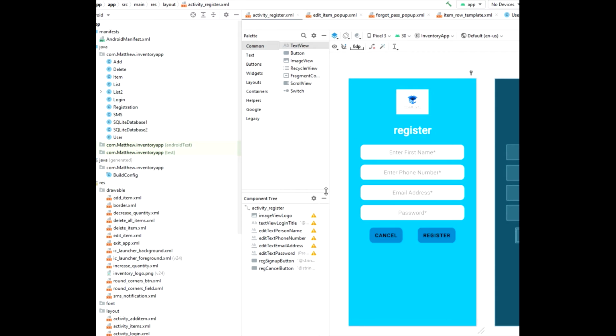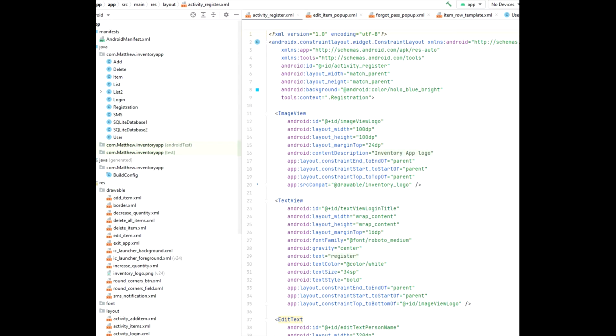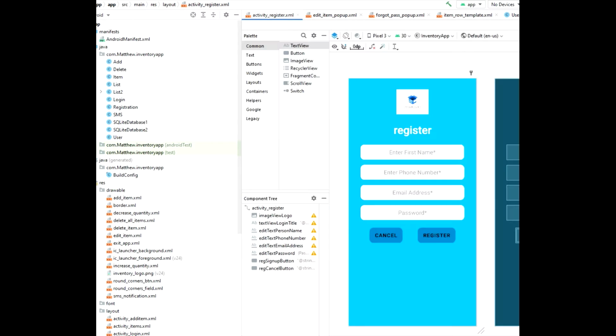So as you can see here, we have the register screen for the application, where you enter your first name, phone number, email address, and password, and then register for this application. We can look at the structure here. Does the code completely and correctly implement the design? So here's the code for this particular design of the screen. Everything's pretty well